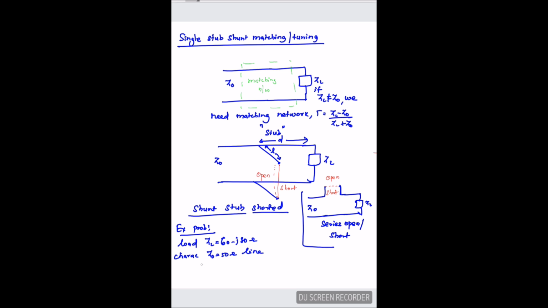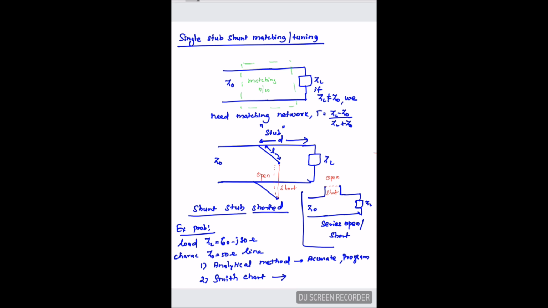I can solve it using two methods. One is the analytic method, which is purely from the expressions; I can solve and find out the D and L. Another is using a Smith chart. The advantage of both methods we can see first. The analytic method will be more accurate and can be easily programmed, so I can use any CAD tools and easily find out the D and L. I don't need any graphical tool for this,